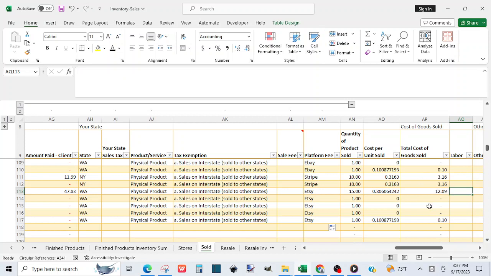And automatically it pulled the quantity purchased to this session for us. But now we need to make sure we have our numbers accurate here. So first we'll go with the flour sack. We sold 15. So let's go to